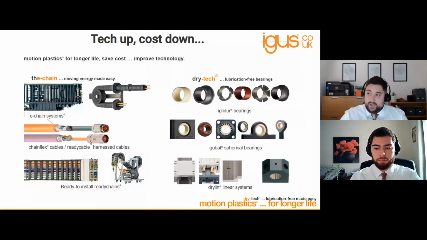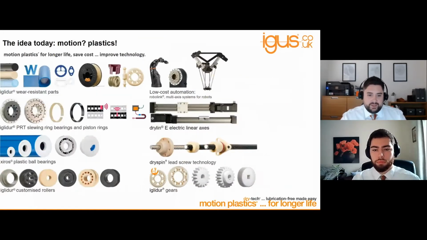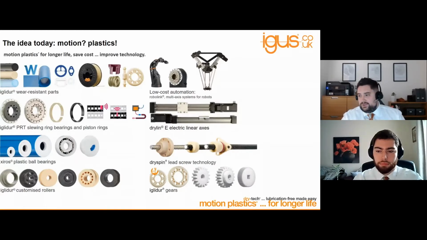So on the drytech side, which I know a little bit more about, I'm a little bit biased towards that side, being the mechanical side, as I said, so bearings and spherical bearings, linear systems, all the way through to different stock materials in bar, in plate, in sheet, in filament, to 3D print or whatever process machine. We also have lead screws and rollers. There's just such a huge range of product that we have, and this is only a very small snapshot.